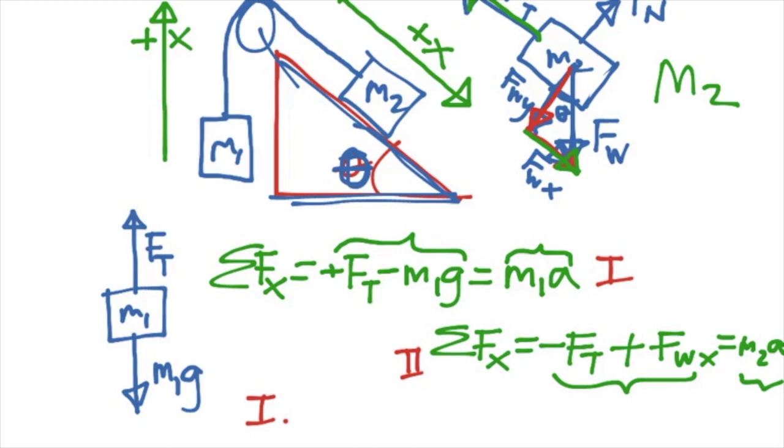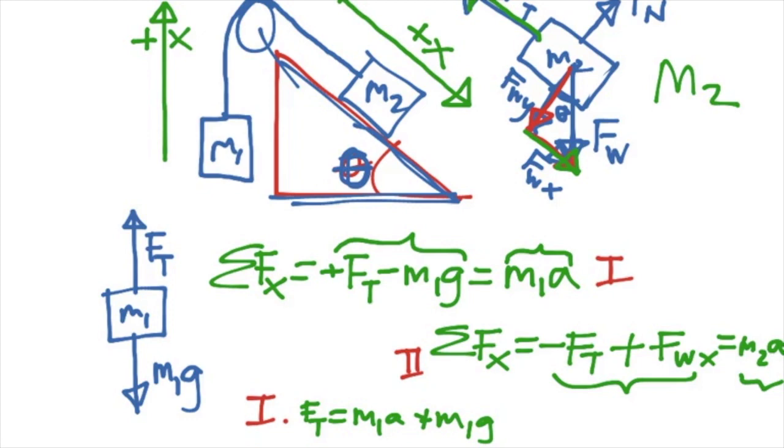So from equation 1, I have Ft equals M1A plus M1G. And from equation 2, I have Ft, I'm being a little crazy with the algebra here, but I think I can do it,